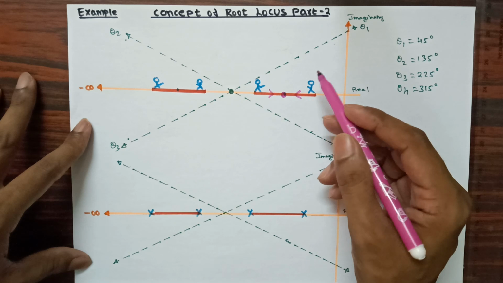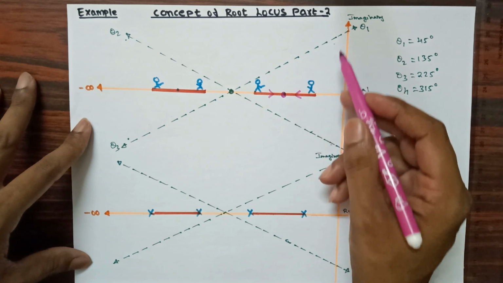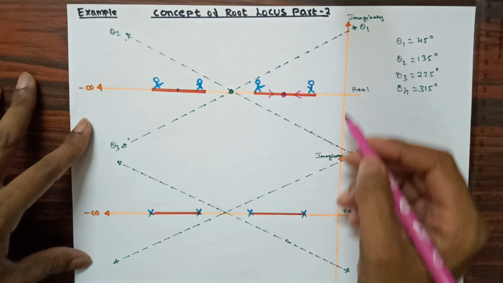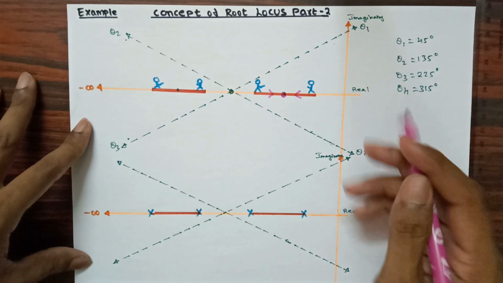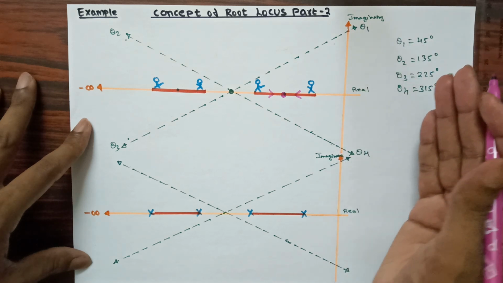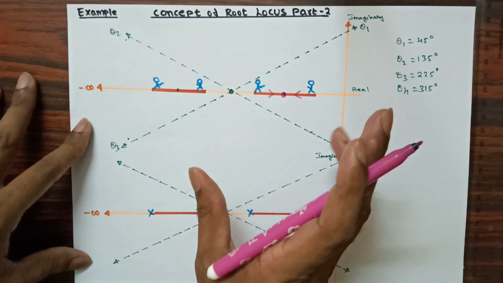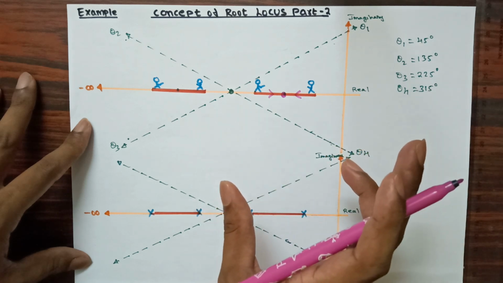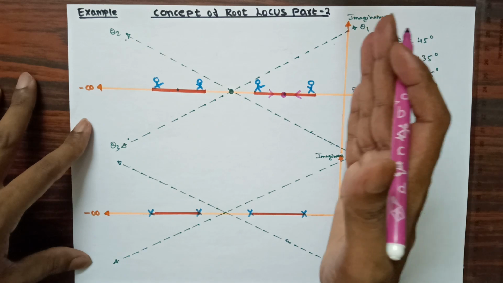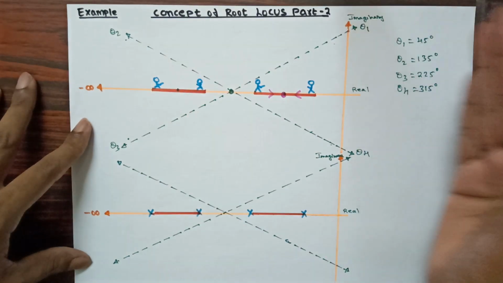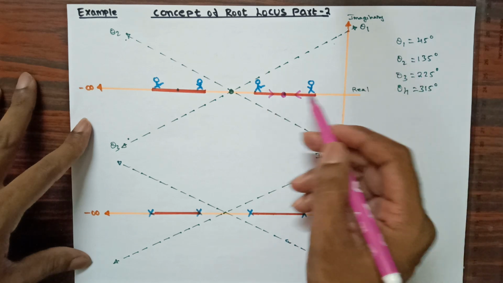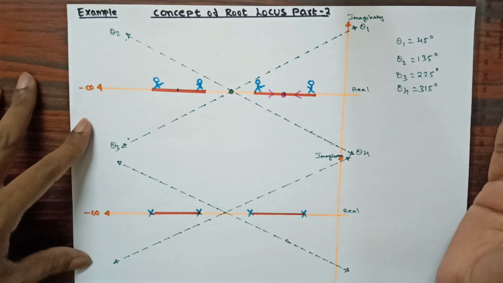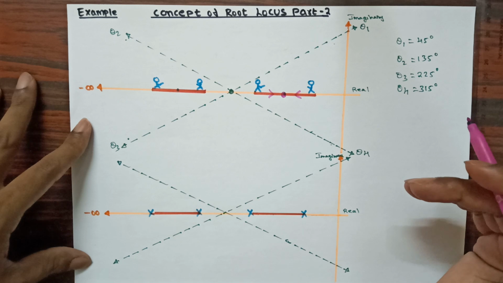That means if they follow this angle, then they will not remain for a longer time on the left hand side, they will move on to the right hand side. So if I compare this with stability, if I consider this as the left hand side of the S-plane and this as the right hand side of the S-plane, and I consider these as poles, if they come onto the right hand side, at that time the system becomes unstable.